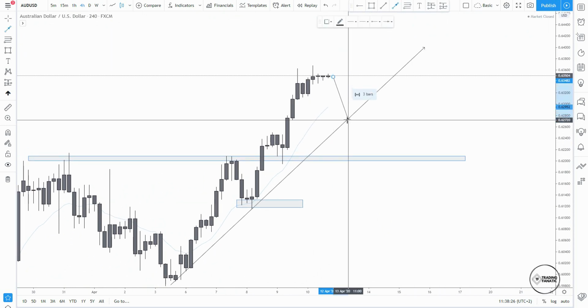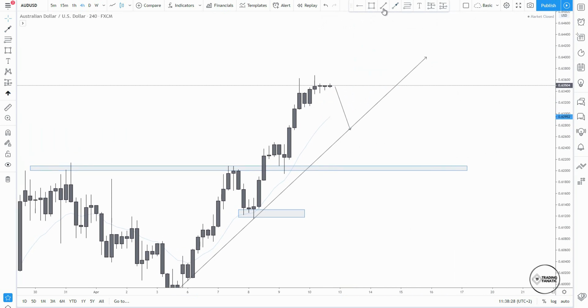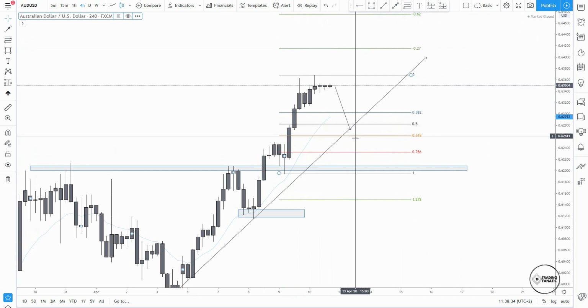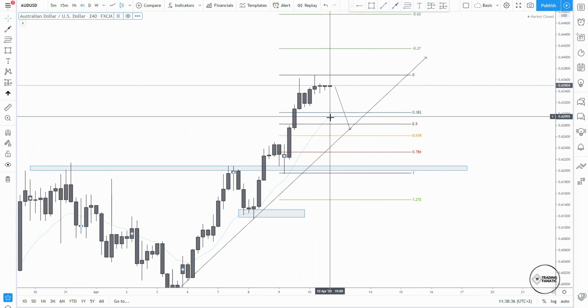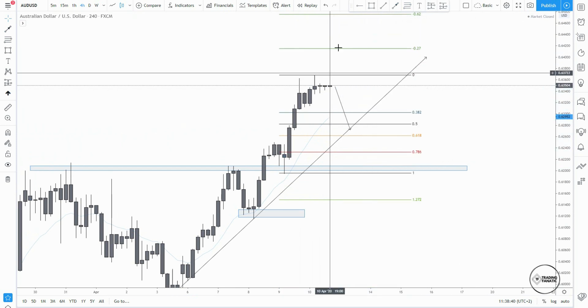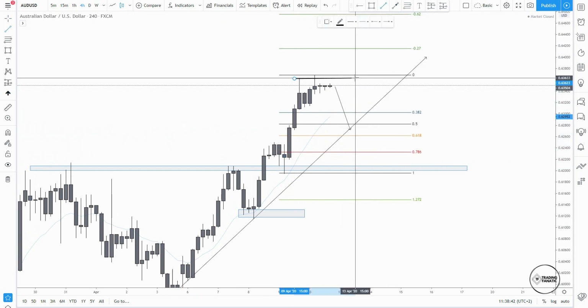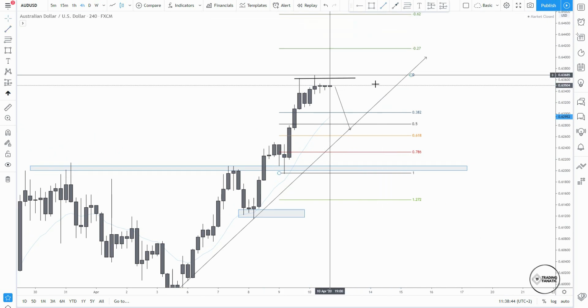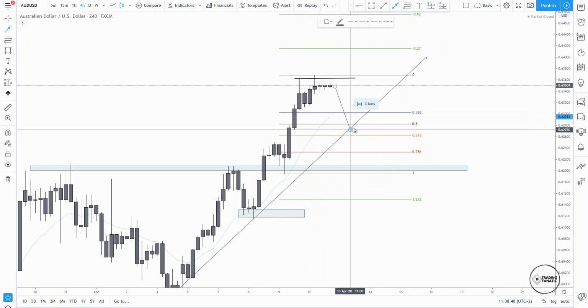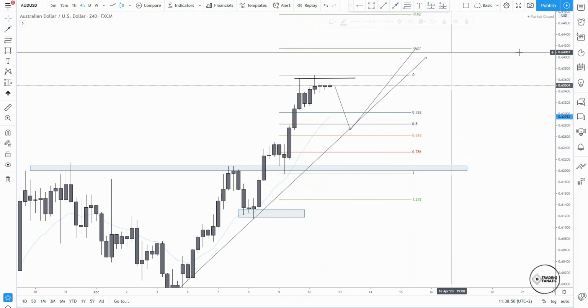So right now what we can do is wait for some sort of a pullback. We can put our Fibonacci as always to see where the market might pull back. This is the area where I will be looking for a pullback. EMA is staying right here, so we might pull back to the EMA as well. But what I can see right now is that the market is starting to fail to break above. So we will need an exhaustion. This is a higher high. We will exhaust to create a higher low, and then we can potentially continue to push to the upside for